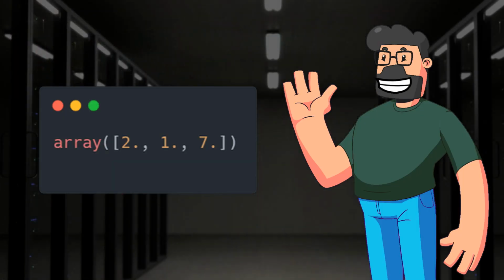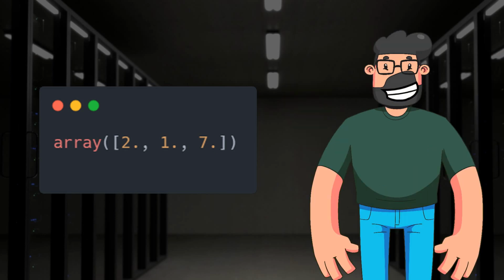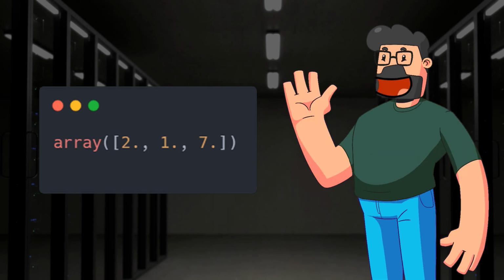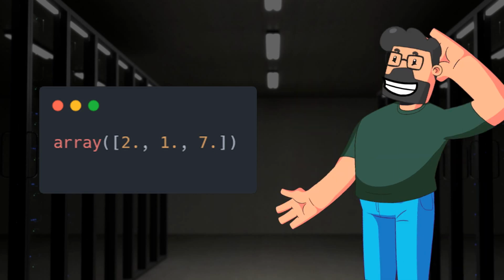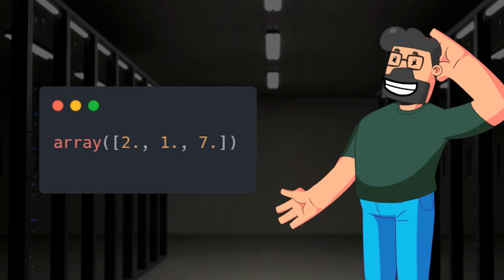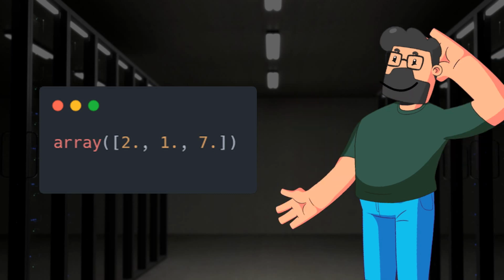Continuing with the solution, after performing the calculations as described above, we end up with an array that contains the sums of values for each unique index. In the example provided, the output would be an array showing the sums, which in this case would be 2.0, 1.0, 7.0. It's amazing how concise and effective this method is in handling such tasks, all thanks to the powerful